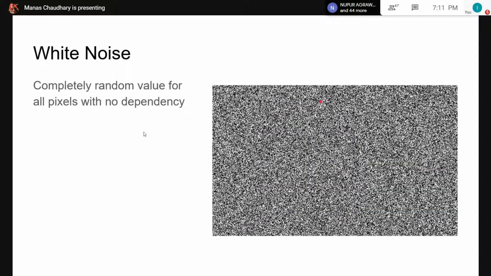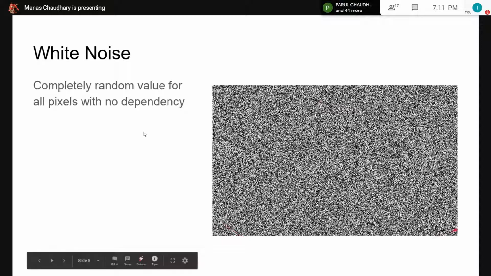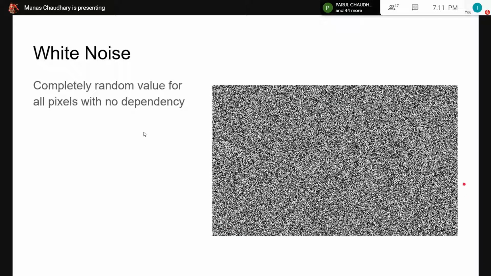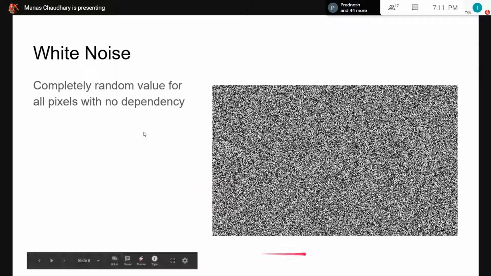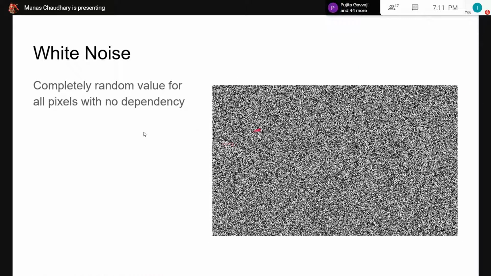White noise, this is how we can see white noise. You must have seen this image when we had cable connections in our TVs and the connection used to drop. That was basically because a random value was replicated in RGB channels and it was simply displayed to screen. You can see that there's no coherence between one pixel and the adjacent pixels. There's no pattern, no dependency among any pixels. But such noise has its own use.